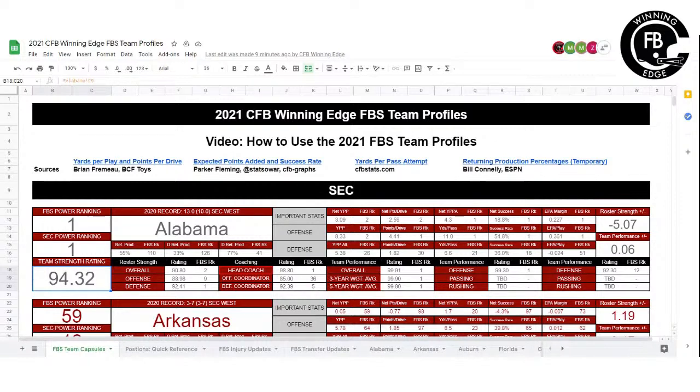A 100 would be a perfect team. But when all our numbers are combined, and we go through a formula to develop that final official overall rating, that's what we're referring to. It's our team strength rating. It's a little bit complicated, but it basically boils down to roughly 50% of a team's team strength power rating coming from roster strength. Roughly 20% comes from their coaching ratings, and then roughly 30% comes from past team performance